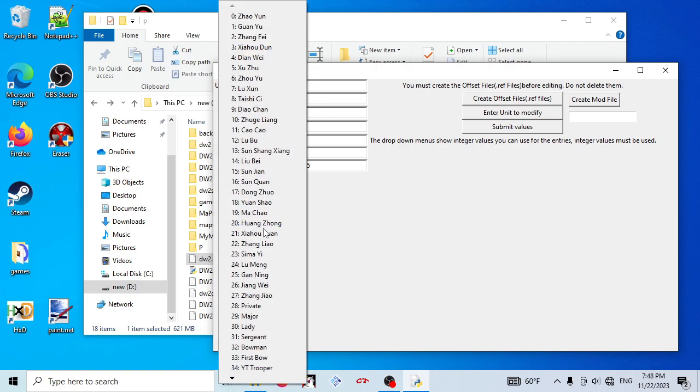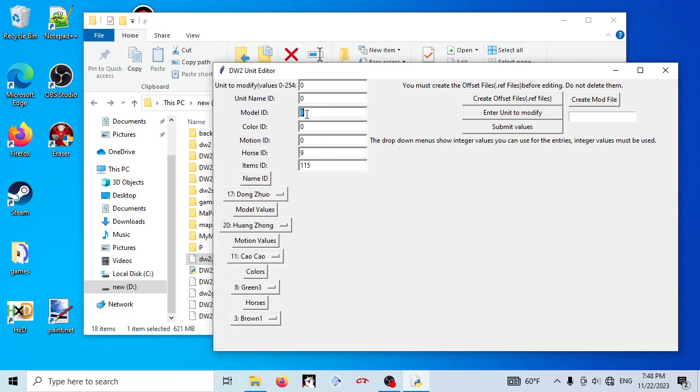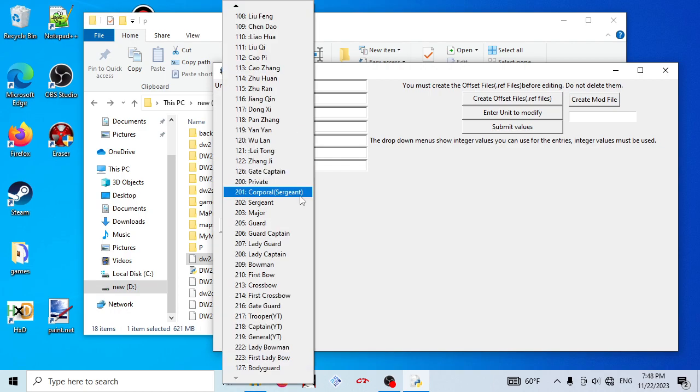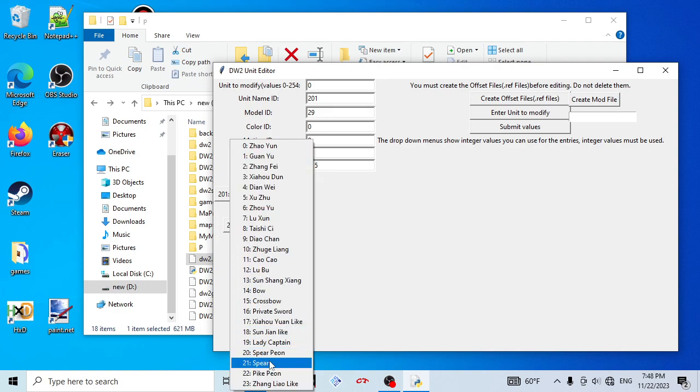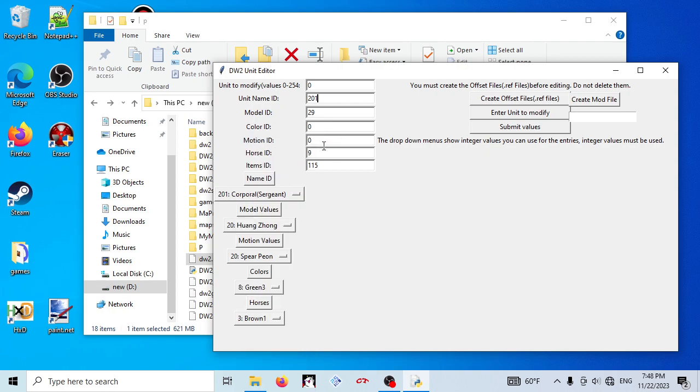So I want to use, let's say, the major model. All I need to do is type in 29, leave it 0 for Zhao Yun, or no, we'll make it easier. 201 for the name so that we have Corporal Sergeant. Color ID, we'll leave a 0 for this. Motion ID, we will change to Spear Peon, so 20. And then at this point, we would then click